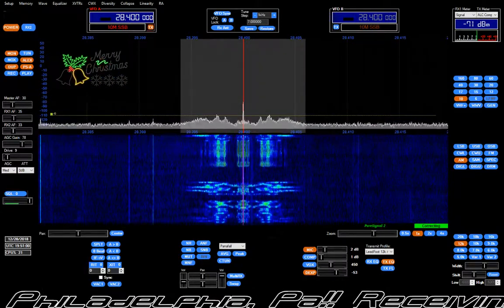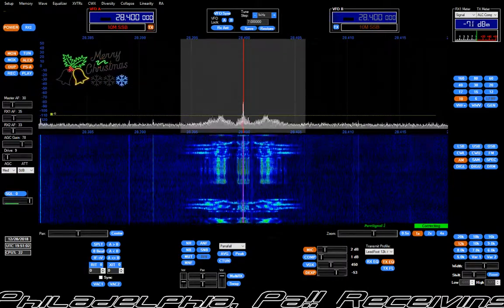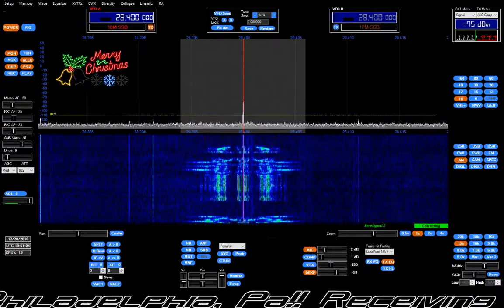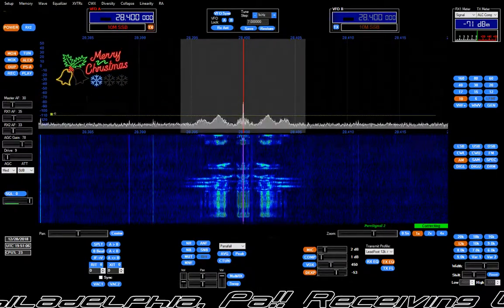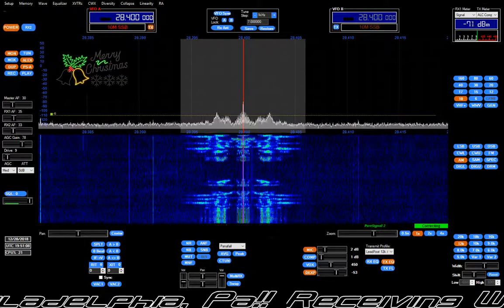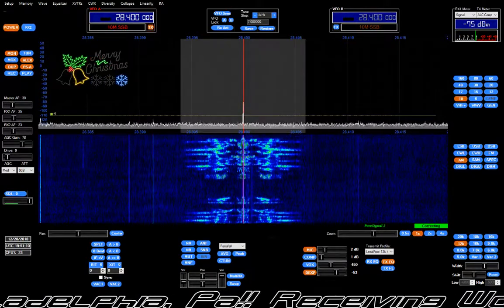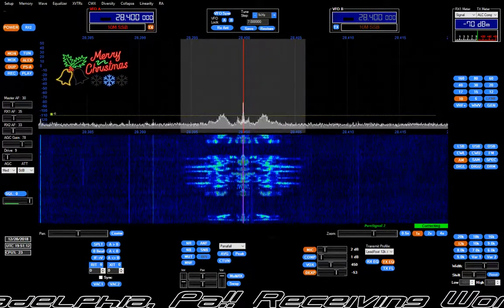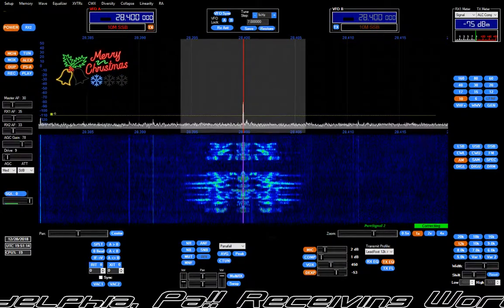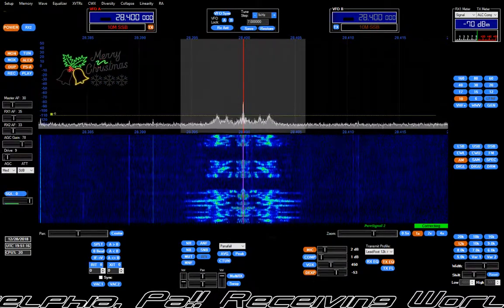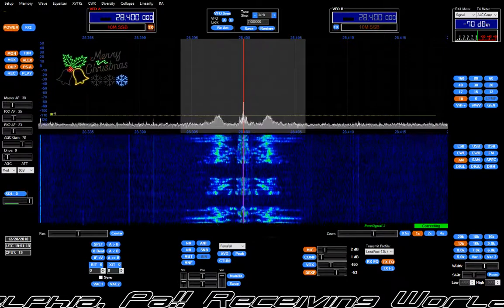Okay, I'm going to set this one at 0 right there. And let me see what happens if I go up. See, now that's shooting it over the top. Right there. And let me back down on that a little bit. Maybe 2 or 3 dB there.